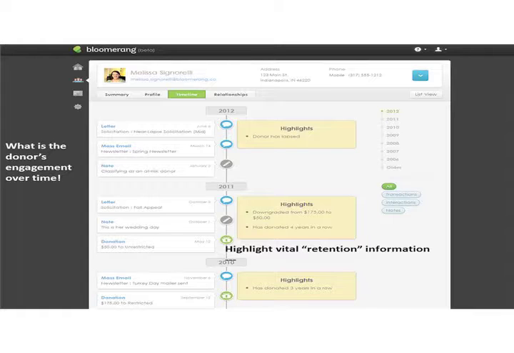So referring back to what Sandy was talking about, if you're getting ready to have a call with somebody or a meeting with them, just think how powerful it would be to bring up on your screen and to have this timeline at your fingertips and to have the engagement level already marked for you so you could see what our relationship has been and where I might want to go. But more importantly, if all of the fundraisers are using the system, each one of these touch points, if you click on them, will have the entire essence of the conversation with you.